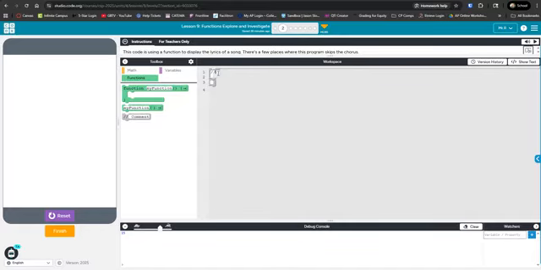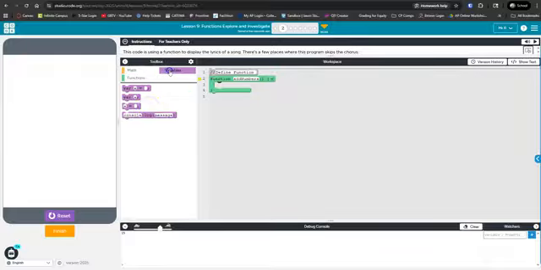The first thing that we have to do is define our function, right? So this is the block of code to define my function, and I'm going to call this add numbers. Now that I've defined my function, I need to do something with it. I need to give it some instructions. So in this case, I'm just going to console log out